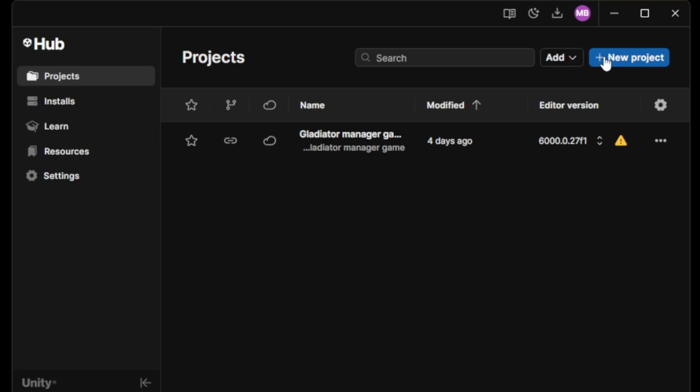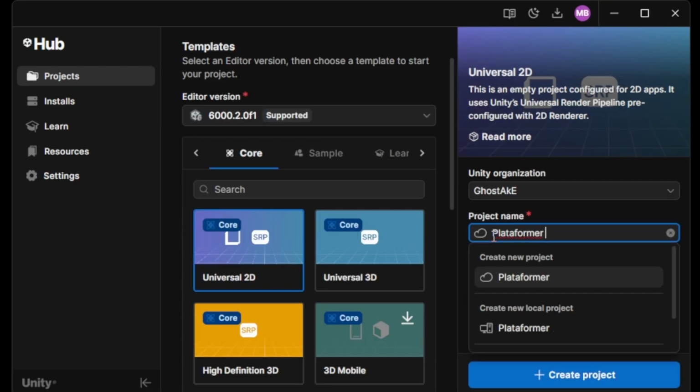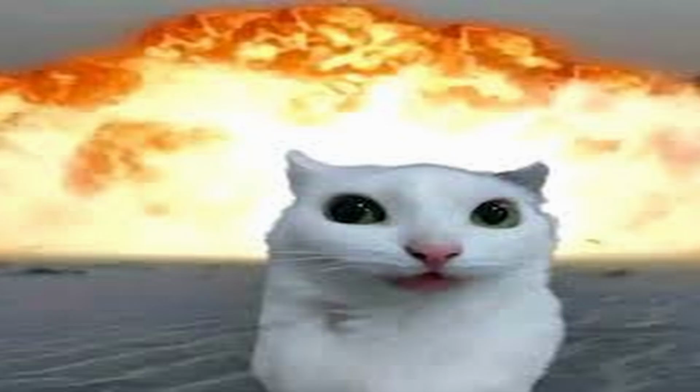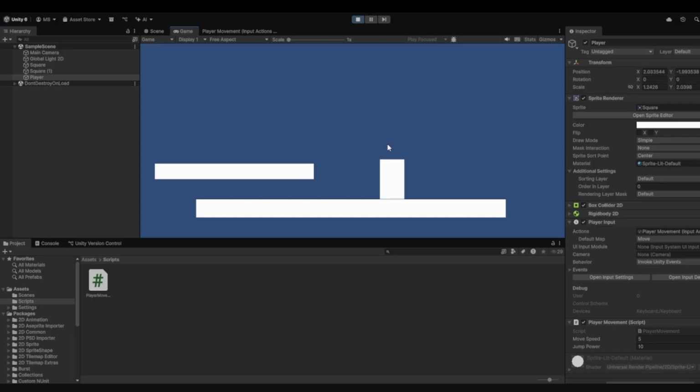I selected a video tutorial on how to make a movement system and made a project, ready to start, until I reached the part where I couldn't continue because it didn't work. And after trying to get it to work for so long, I gave up and I watched a second tutorial, and it worked partially. I was able to move sideways and had gravity, but no matter how hard I tried, the jump button didn't work.